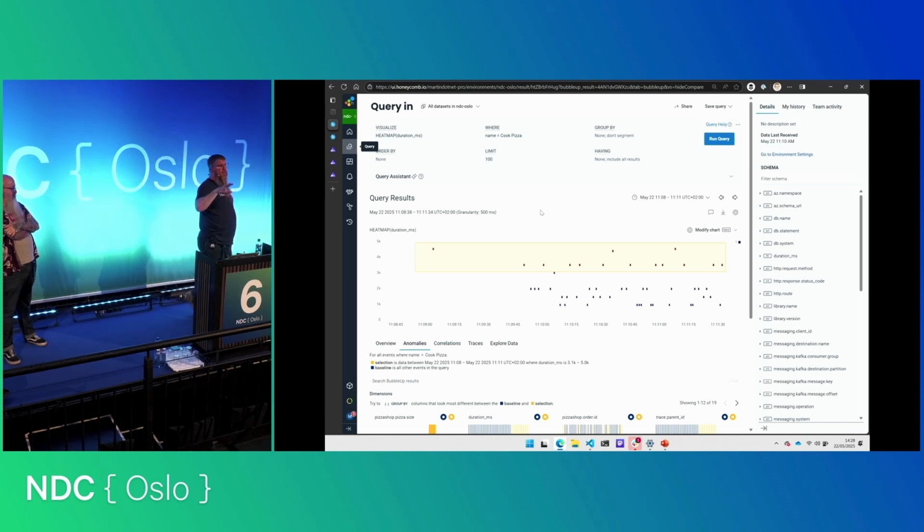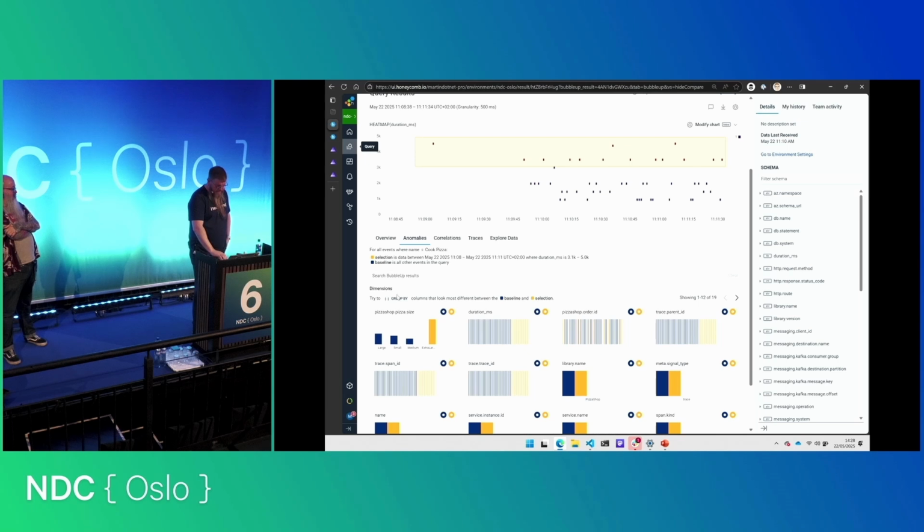And we can say, right, well, let's look at our cook pizza span, our cook pizza activity. Let's graph that data and say, how long does it take? But then say, oh, look, we've got a pretty interesting distribution here. We've got a load of these ones at the top. If we actually add in